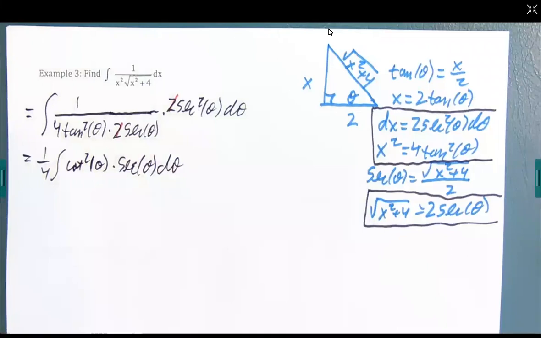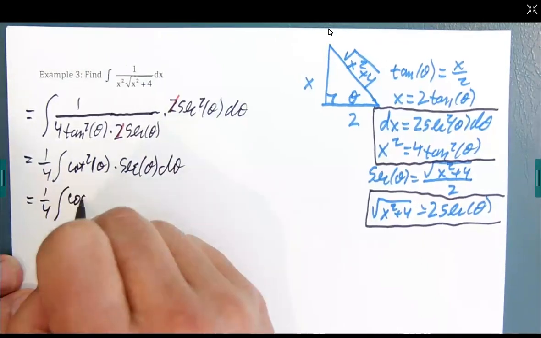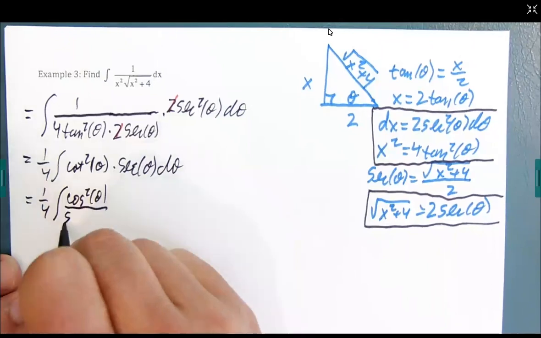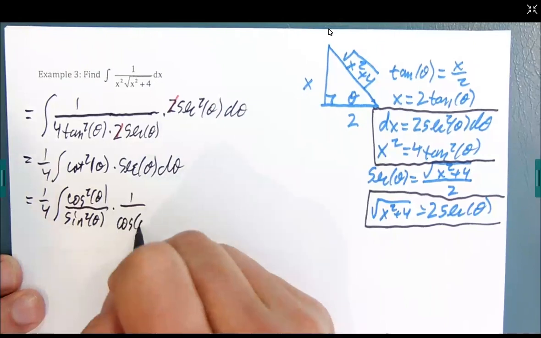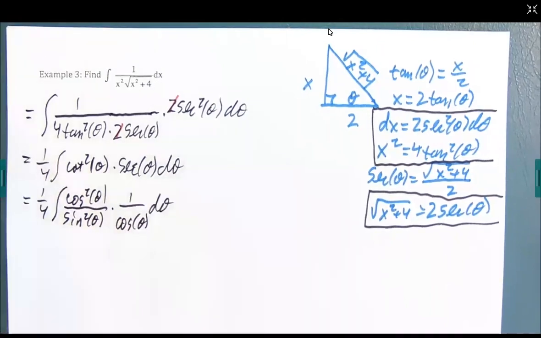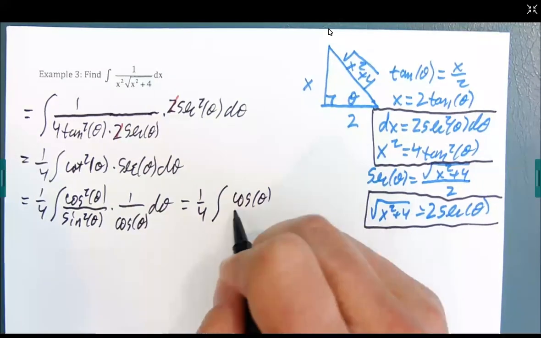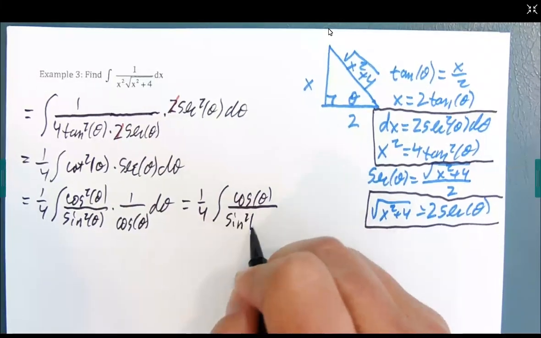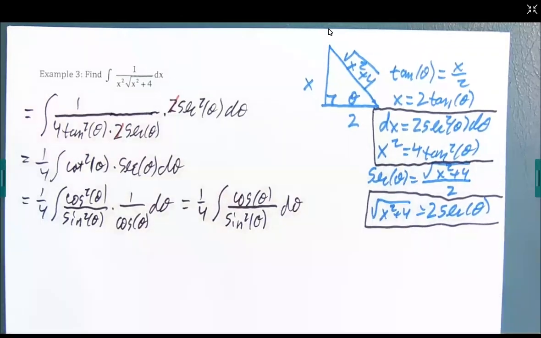And now I'm going to break everything in terms of sine and cosine. That's going to make it easier to see what reduces out and what doesn't. So this is cosine squared theta over sine squared theta times 1 over cosine theta d theta. And we can see one of the cosines will reduce. And that actually is going to give me,